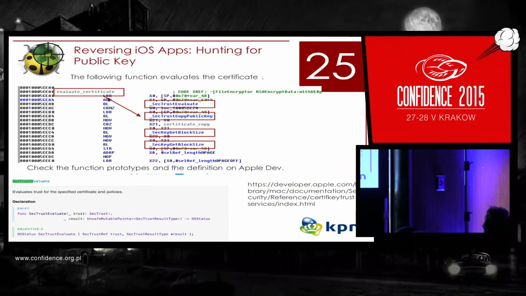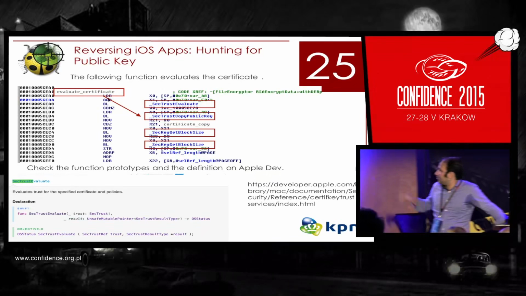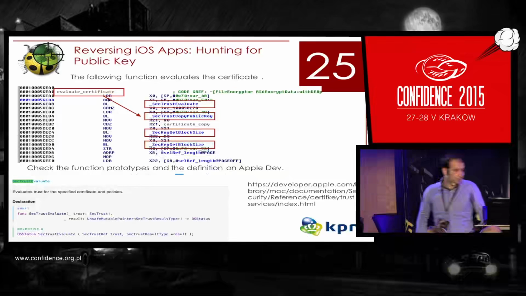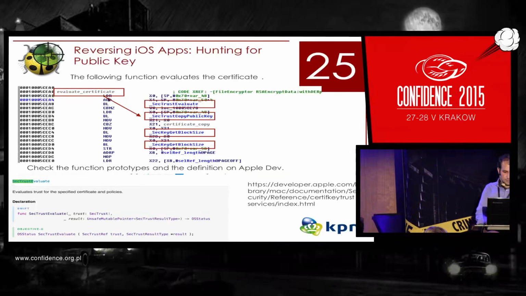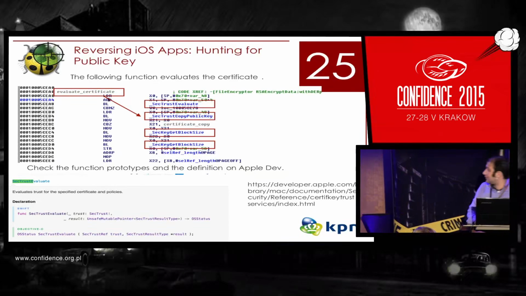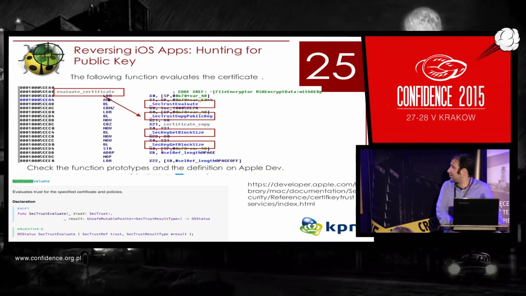This function evaluates the certificate and makes me confident, because these are the default function calls, as you may check on the Apple developer forum, the function prototypes. It gets the block size, public key name, and checks the security trust